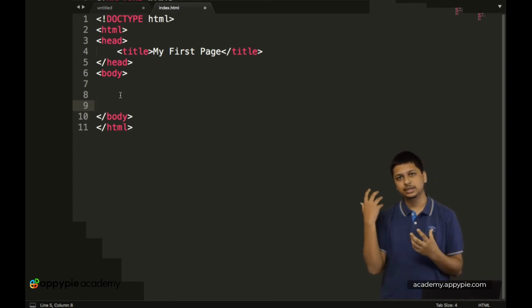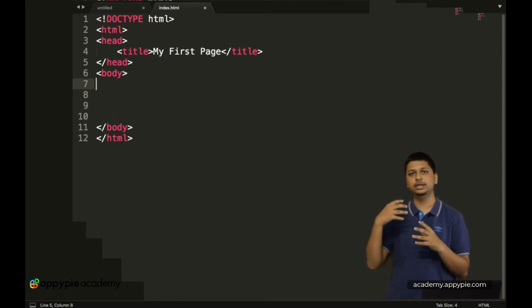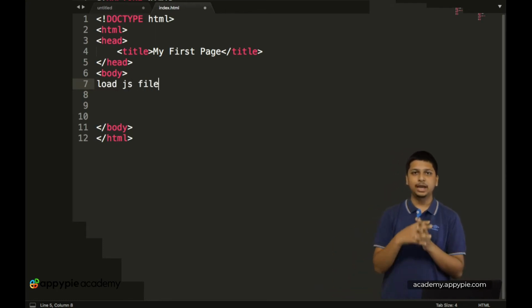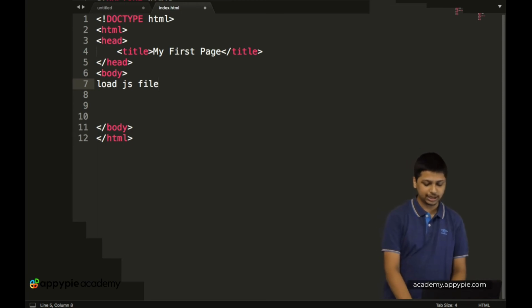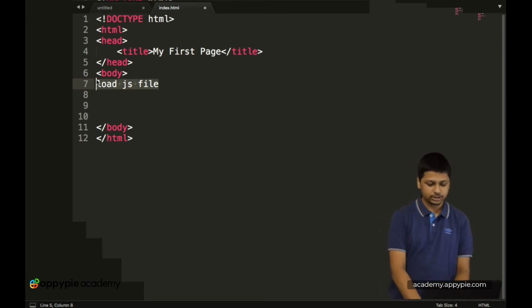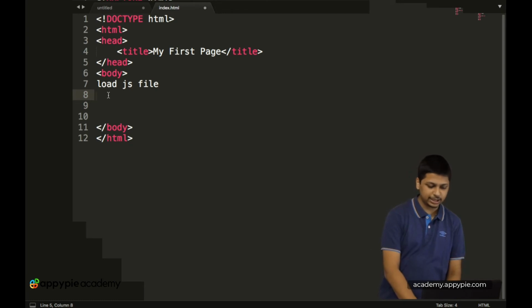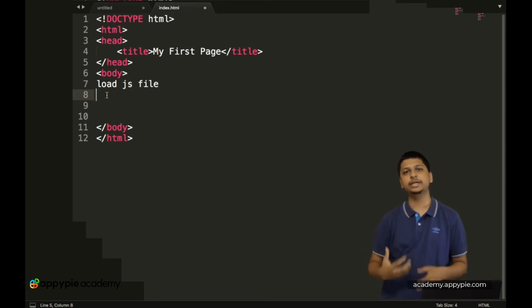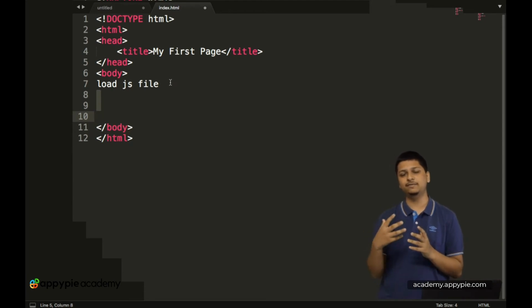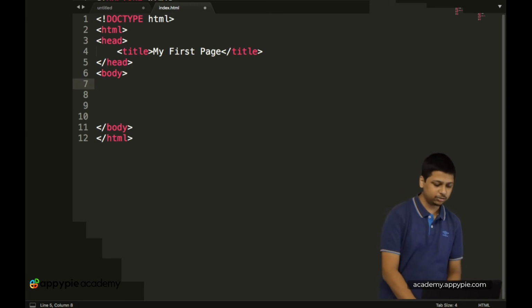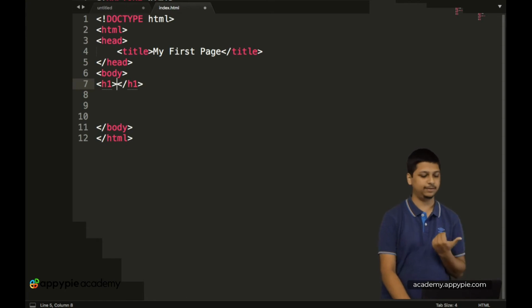For instance, in this course we'll be doing TensorFlow.js, which requires a lot of processing, and you don't want to load the JavaScript file at the top, because until that line is executed, the code will not proceed ahead. So essentially you will have a lot of time where the screen is completely blank. Instead, you should have all of the body above the loading of your JavaScript file.